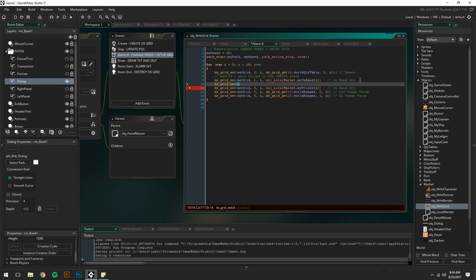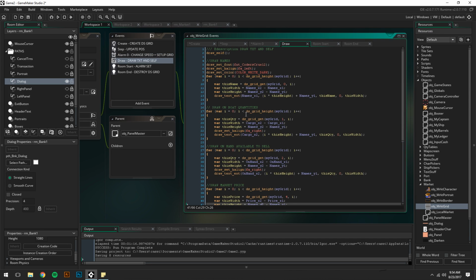I'm gonna go with my grid 3i and obj_local_market my local market dot my. Alright, so 0, 1, 2, 3, 4, 5, 6. Great. Draw 0,